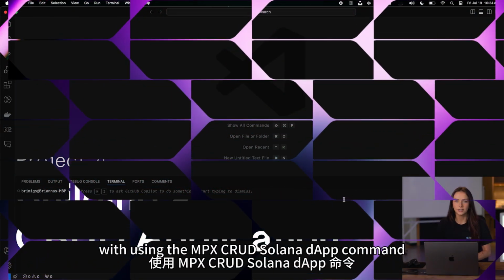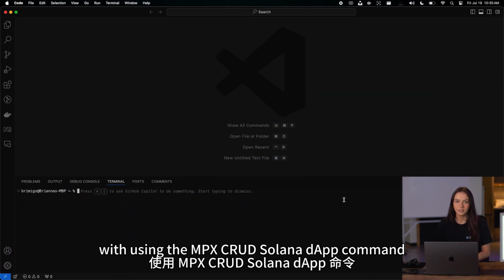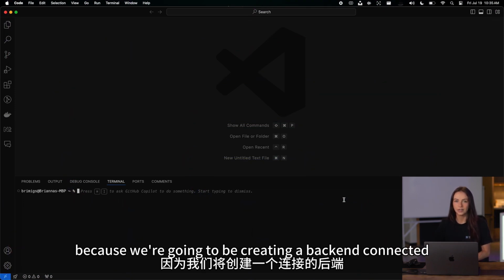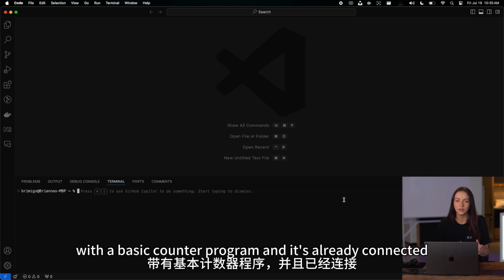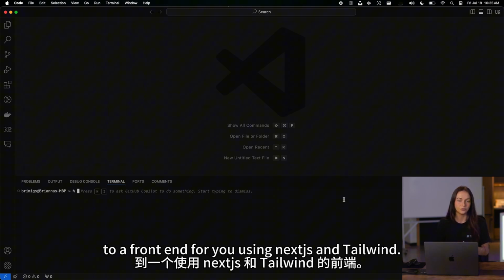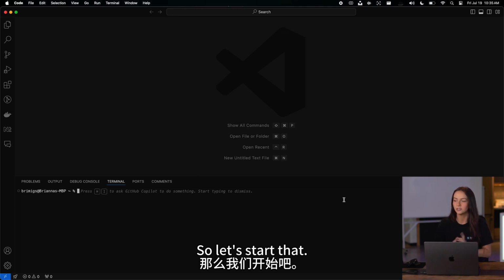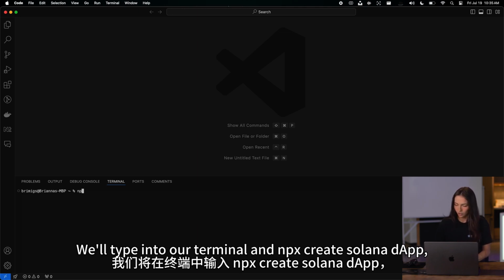Okay, so we're going to get started with using the npx create-solana-dapp command because we're going to be creating a backend connected to a frontend. And this scaffold has your Anchor program with a basic counter program, and it's already connected to a frontend for you using Next.js and Tailwind. So let's start that. We'll type into our terminal npx create-solana-dapp,